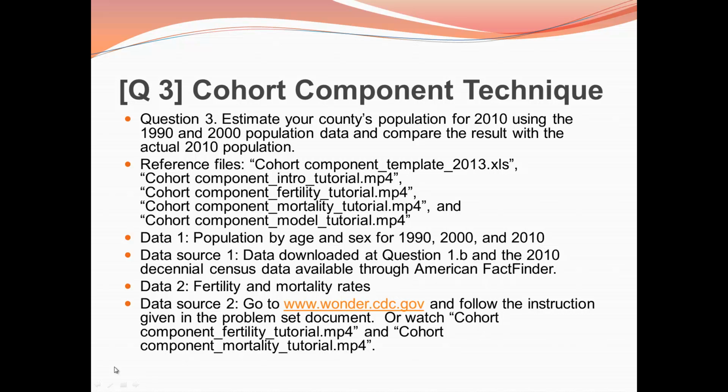There are two sets of data you need to download from the website to answer this question. The first data set is the population data classified by age and sex for 1990, 2000, and 2010. For the cohort component model itself, we only need the 1990 and 2000 data. But in order to compare our estimates with the actual population, we also need to download the 2010 data from